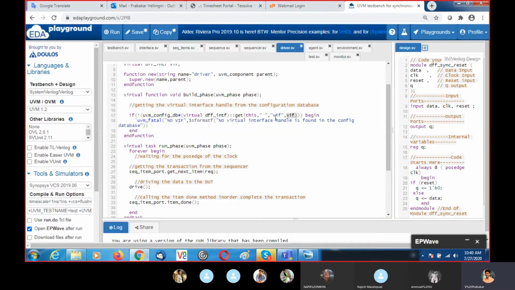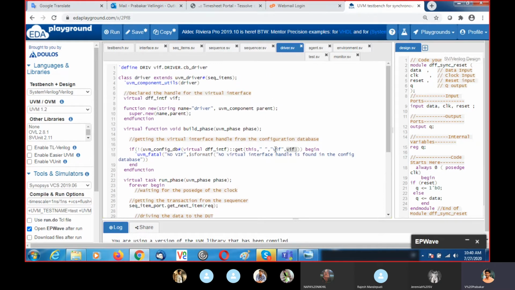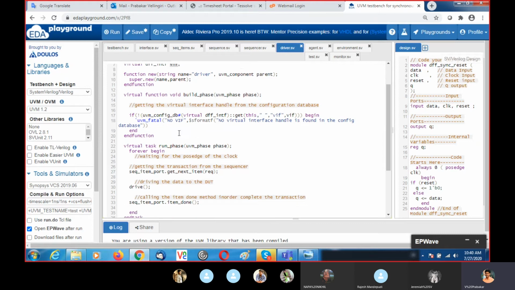So this handle is passed to this VIF so that it will get the actual physical interface handle. So if I didn't get this one, I have to mention a fatal error, so that the simulation stops.